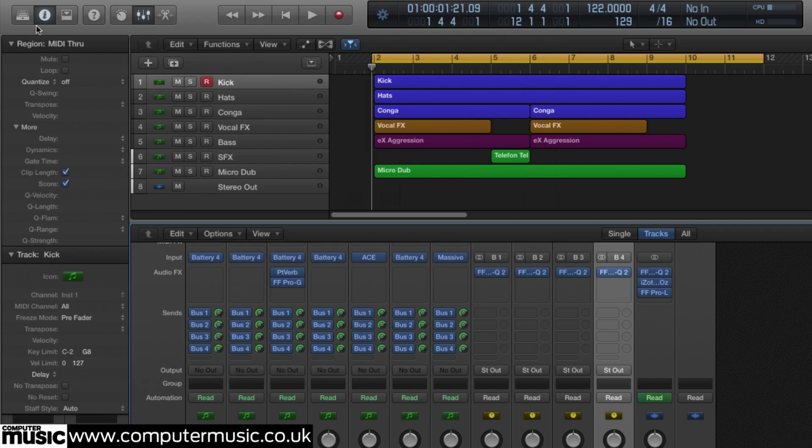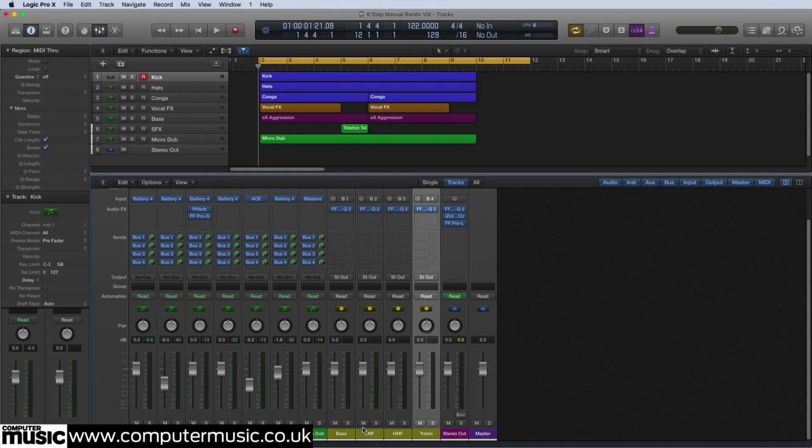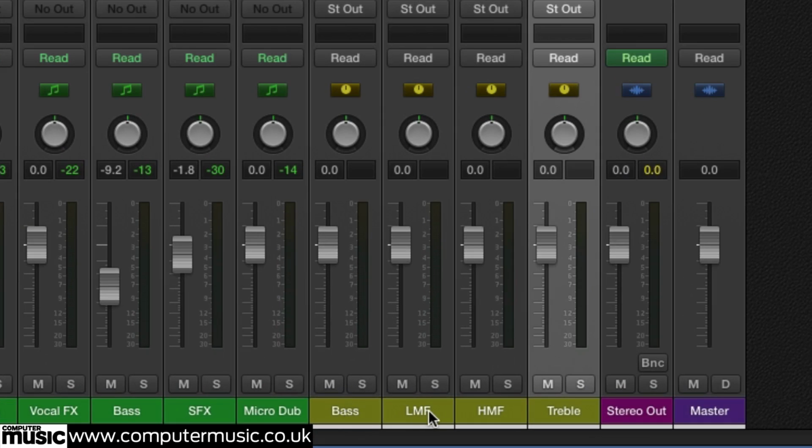So what that means now is that if I solo one of these bands, we should hear just frequency content either relating to the bass or the low mid-range or the high mid-range or the treble band. So this is going to be our bass band. And here's our low mid band. And there's high mid. And there's treble. And to hear all 4 at once,